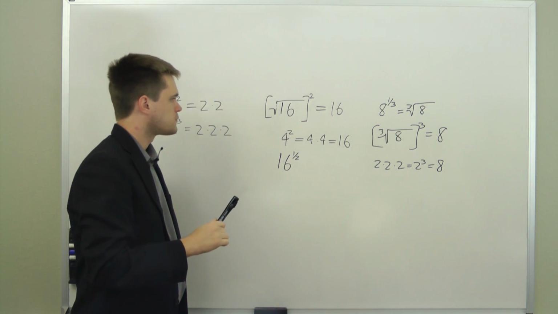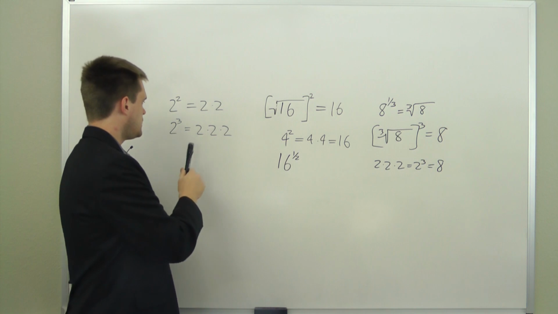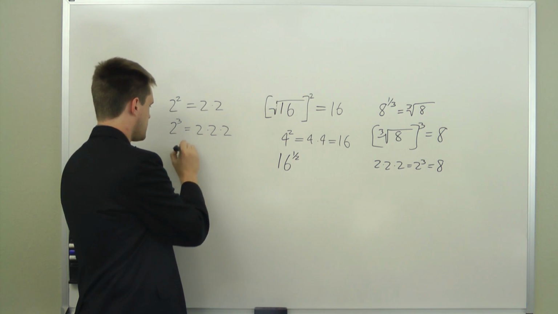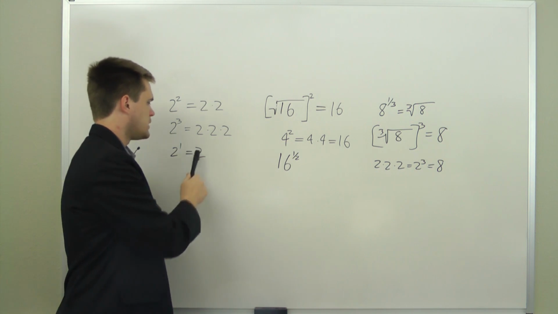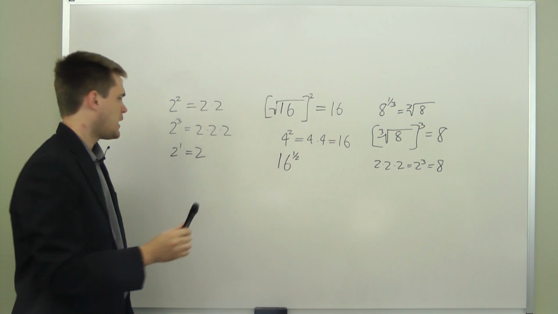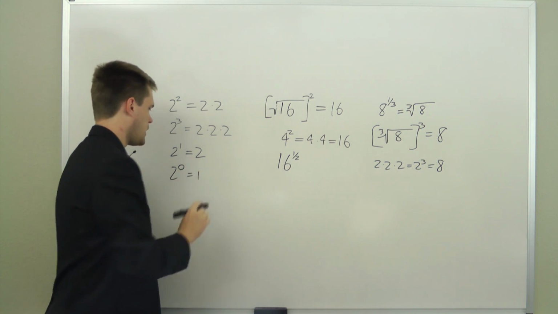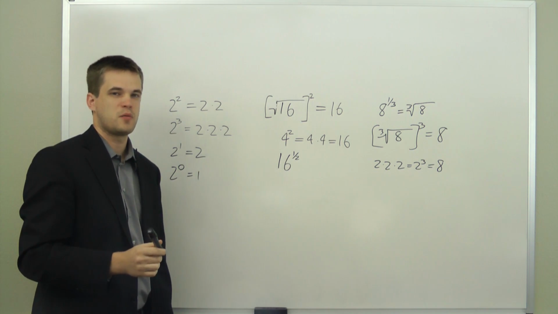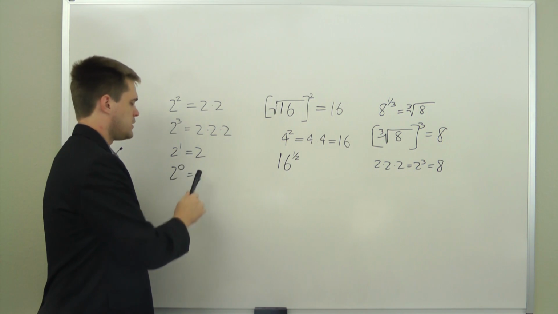And a couple other things about exponents. Any number raised to the 1 is just the number itself. So 2 raised to the 1 is just 2. And any real number raised to the 0 is equal to 1. It doesn't matter if it's a positive number or a negative number. Any real non-zero number raised to the power of 0 is equal to